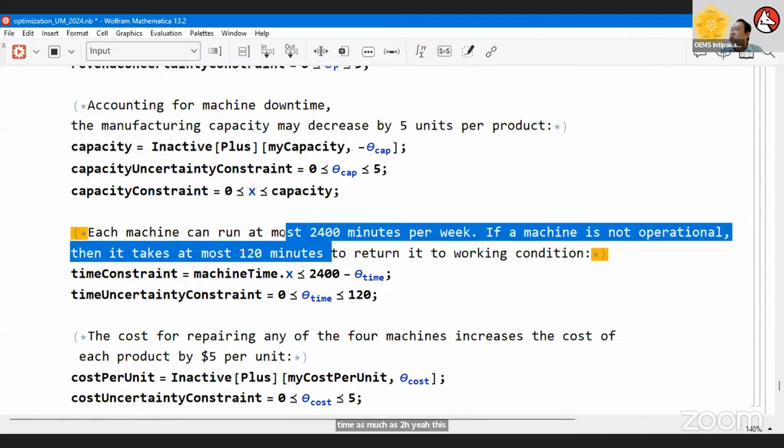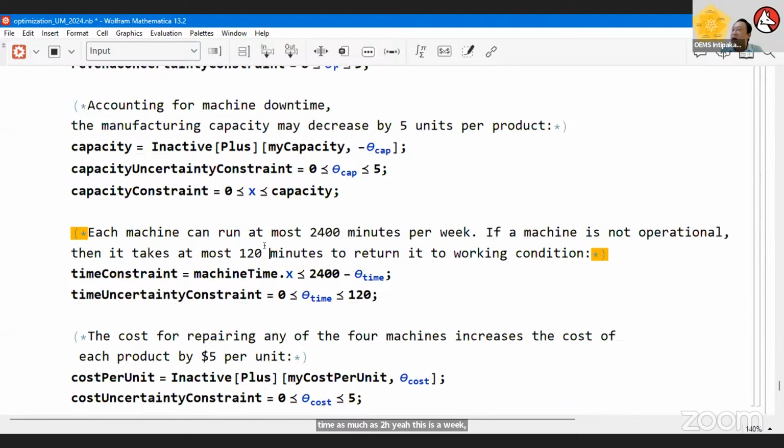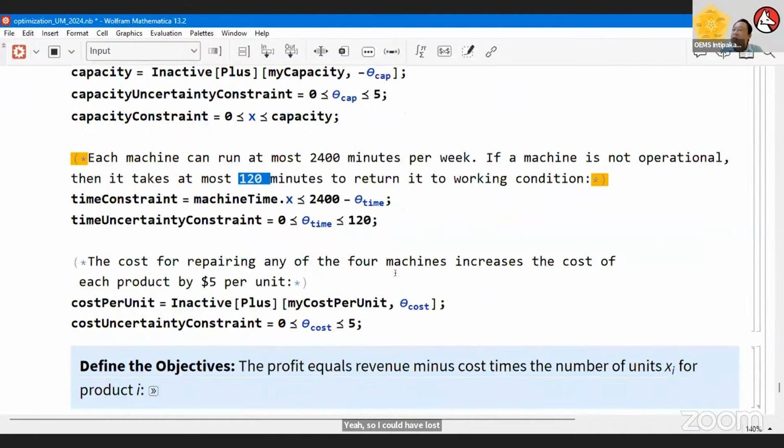That means that sometimes, when the machine breaks down, I need to restart again. I need about 2 hours to make it come out again. So I could have lost time between 0 to 120 minutes. This is again an uncertainty, and another uncertainty is that for unknown reasons I could have certain wastage. So waste could be like 5 ringgit per unit for unknown waste. So we have 4 different uncertainties.